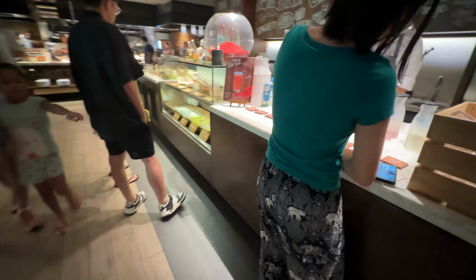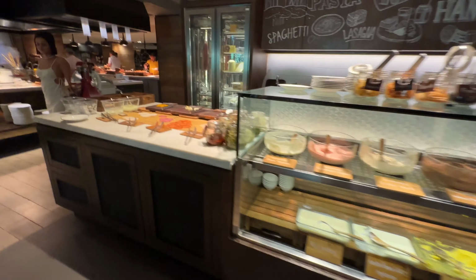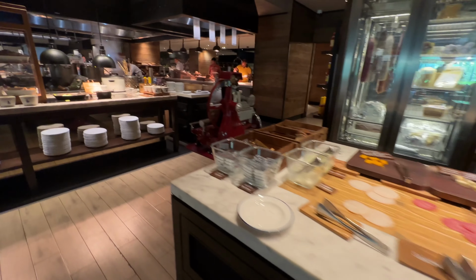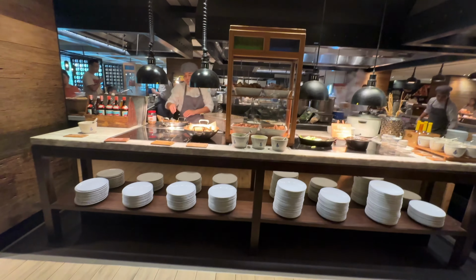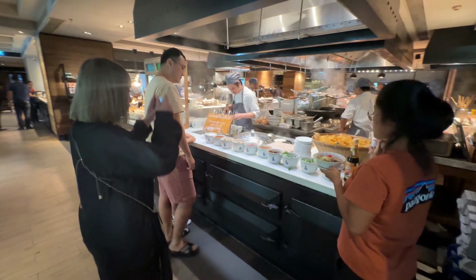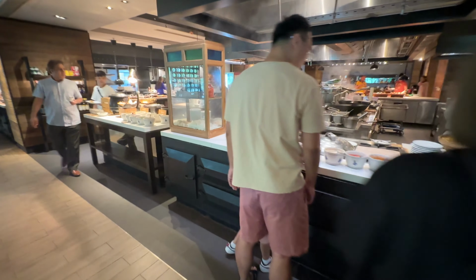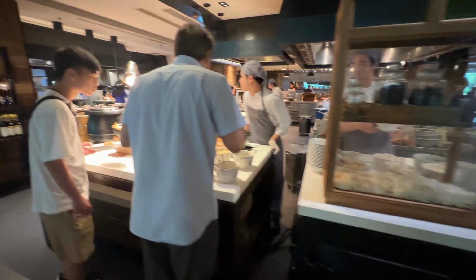Wow, look at this. It's like a milkshake station, a goji berry milkshake, which is cool. I'm just telling you, when you come here, you're gonna start your day in Bangkok very well. Wow, I see a noodle station over there. Look, I was at the St. Regis yesterday, and this breakfast, I think, is better. I think it's better. Look, pork noodle soup with the fish balls,